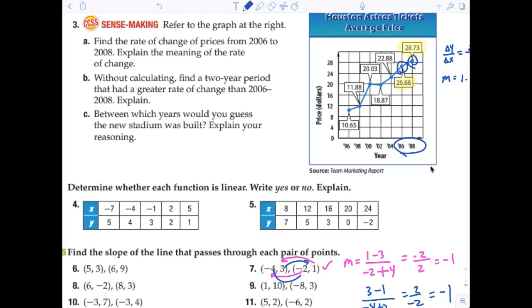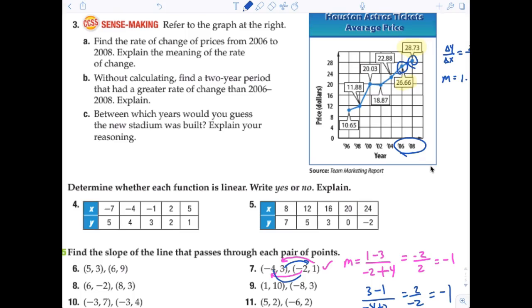Anybody else? Good for you. Tell me what. 98 to 2000. Now explain why, please. Because in 98, it's 11.88, and all of a sudden it increases a lot. Why would they do that? Because it's nicer than where they used to play before, so it would be a lot more money. It's 100% correct. That's why I just get fussy. If you just pay attention the whole time, things could be a lot different. All right, that's 100% correct.